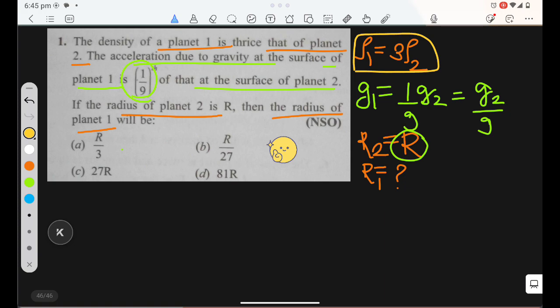First we will calculate the mass, because mass is required to solve these questions. So mass of planet 1, m1. What is mass? Mass is density times volume. So mass of 1 is density of 1 times volume of 1. And you should know how to calculate the volume of spheres, since planets are in the form of a sphere, and the volume of a sphere is